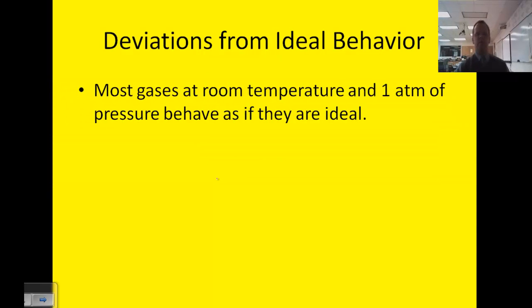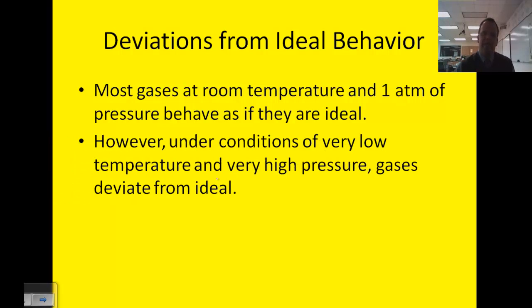So most gases at room temperature and 1 atmosphere of pressure behave as if they're ideal gases. So in most of our general cases, when we have gases, now this does not apply for water because water at room temperature is a liquid, but most gases will behave as ideal at normal temperatures and pressures. Cases where we see the biggest deviation from what we predict from the ideal gas law are cases of low temperature, where things start to liquefy or form solid, or cases of very high pressure where the particles are forced together and therefore also can be attracted to one another and form solids and liquids.